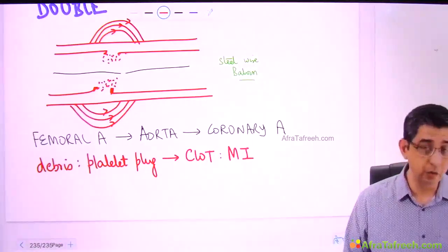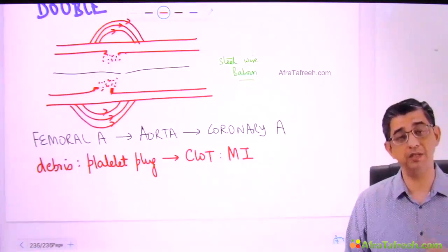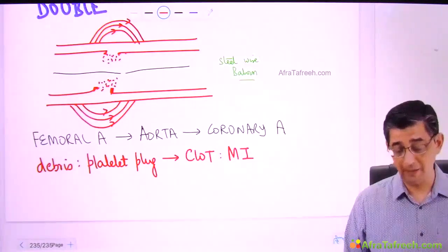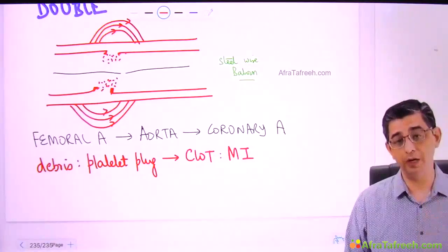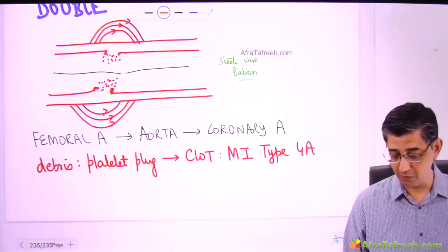Now that's very bad news. On one hand, I was trying to cure the patient. Yeah, I did cure the patient in a sense that physical obstruction is gone. But the bad news is there's a MI on the table. This MI that develops on the table while the procedure is going on is a MCQ statement.